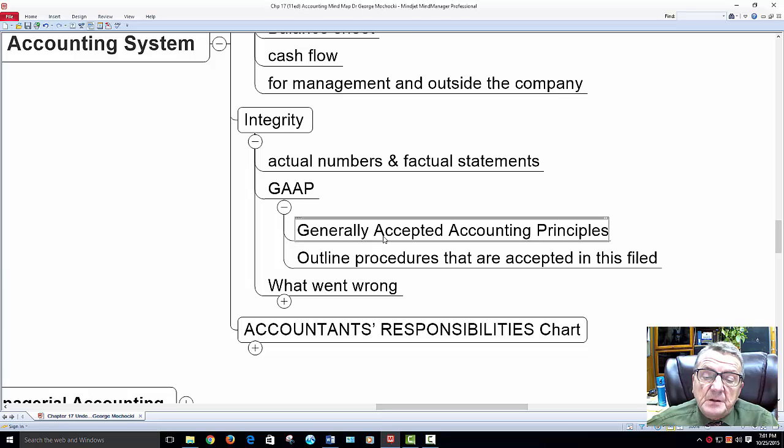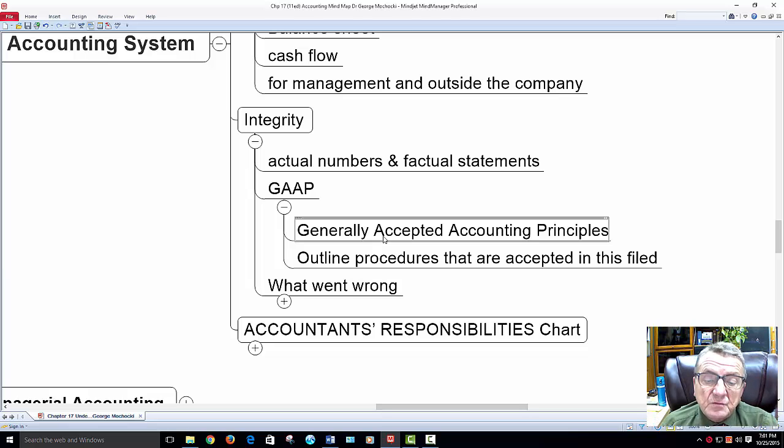Integrity is generally accepted accounting principles. When students take, even myself, when I've taken accounting classes, sometimes it drives you nuts because it's so rigid. Remember, I'm a manager and a marketing individual, so I'm very flexible, very fluid. That's what you have to be, those attributes you need for those skills, because everything's always changing. But it's so rigid. But it has to be rigid, because if I'm looking at the books and the income